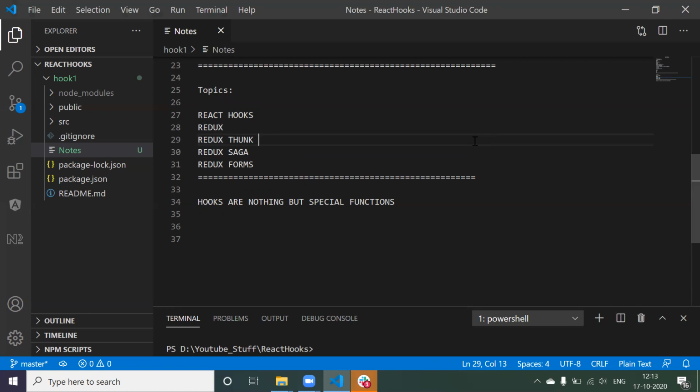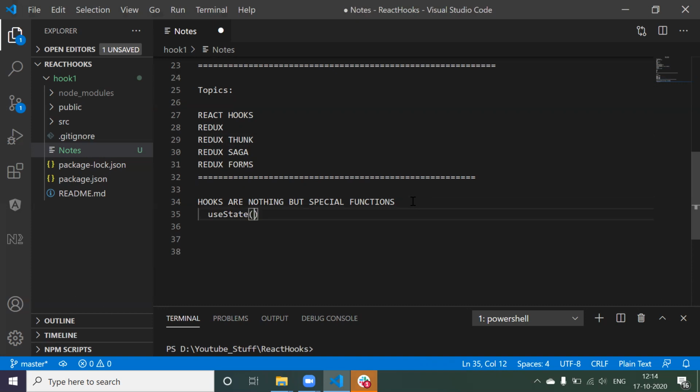Now you have understood what hooks are. Hooks are special functions which were created by the React people from version 16.8. Using hooks, we can utilize all the features that we had in a class component. It means whatever we used to create in the class component, we can create in a functional component as well with the help of hooks. Now the first hook that we are going to understand is useState. We are going to understand everything step by step. So the first hook will be useState.